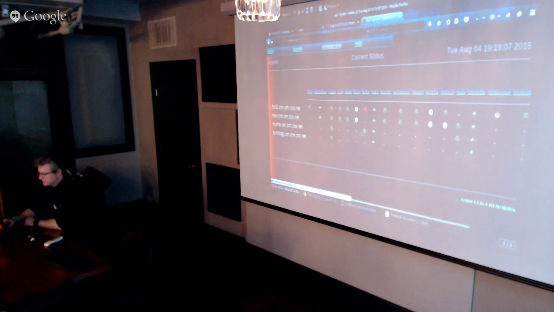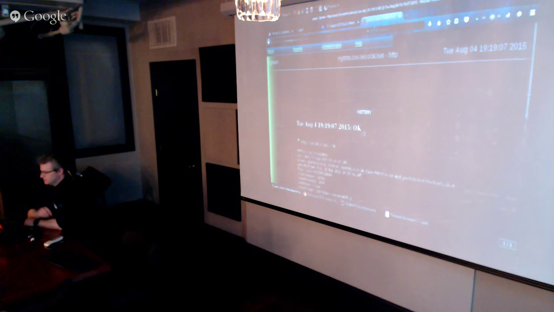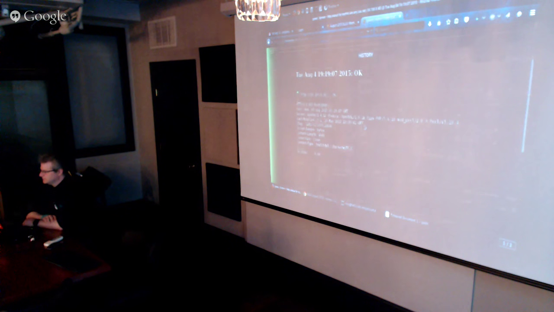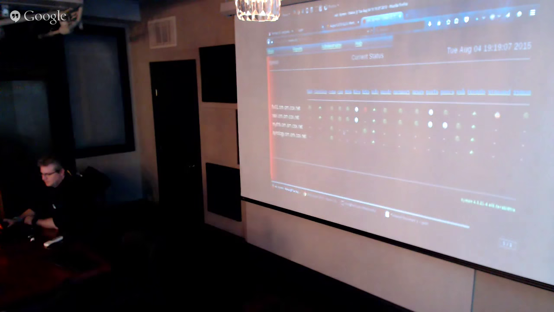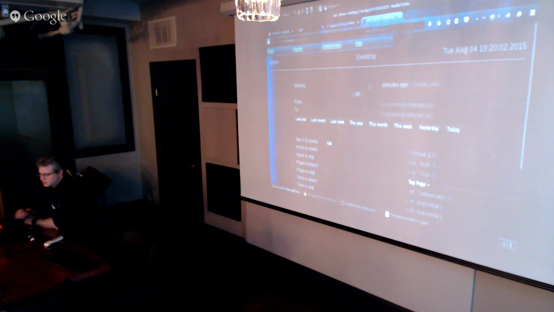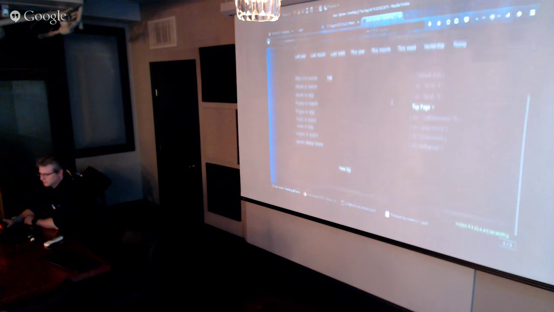So now this is no longer red, it's green. And it gives you all the information about that server that's allowed to give you information. Here's your event log report.